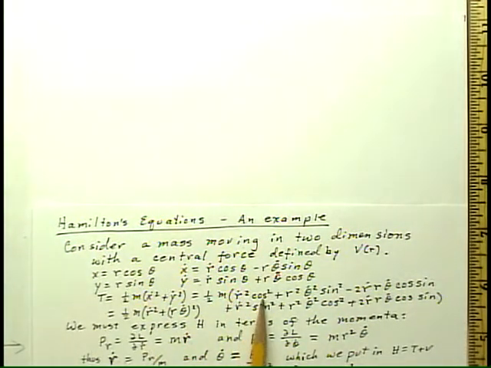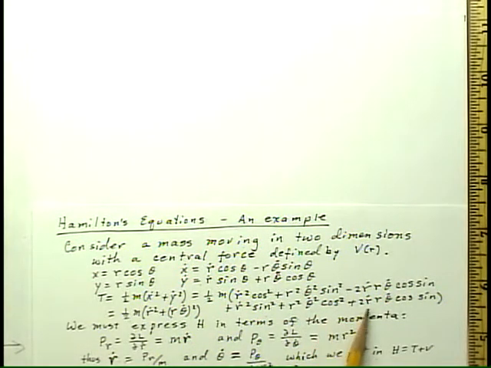r dot squared cosine squared. Now here I've just left out the theta so that it doesn't look quite as confusing. Cosine squared, r squared theta dot squared sine squared. And then we have plus 2 times the cross product of these 2 terms. So that's 2 times, with a minus sign, r dot r theta dot cosine theta sine theta. Plus, likewise, the cross terms here, and the individual squares, r dot squared sine squared plus r squared theta dot